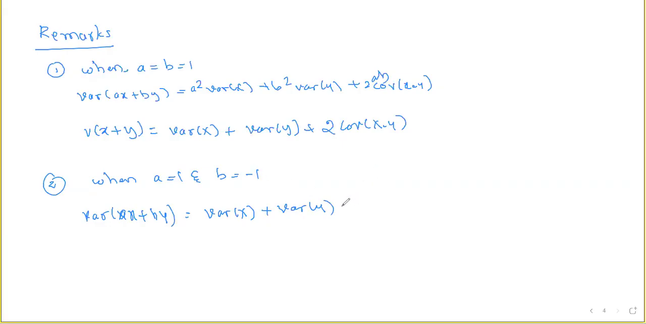Next, here, minus 2ab, so it is 2 only, covariance of x comma y. Why it is minus means here 2 into a is 1, b is minus 1, so that will be 2 into 1 into minus 1, that will be minus 2 covariance of xy, right? So here according to this it may change. The next remark is,